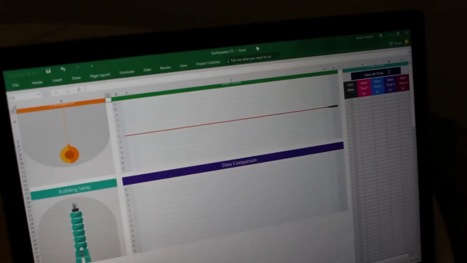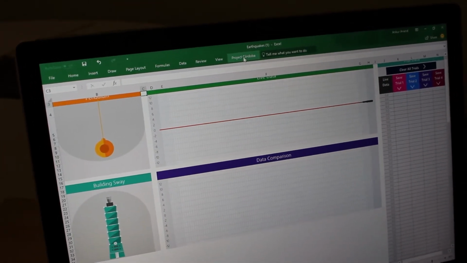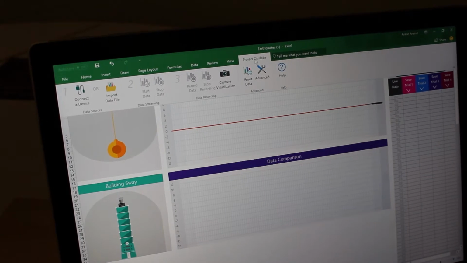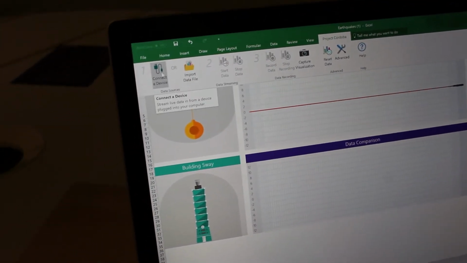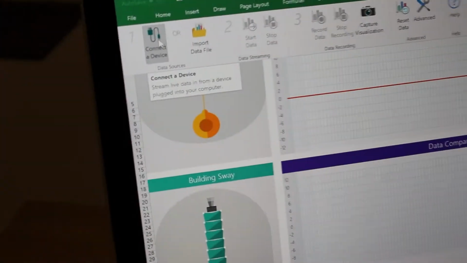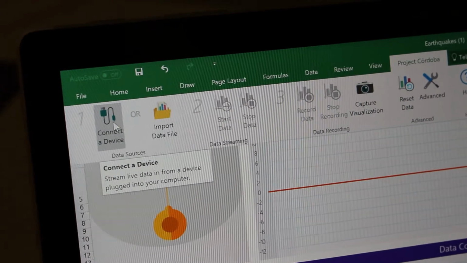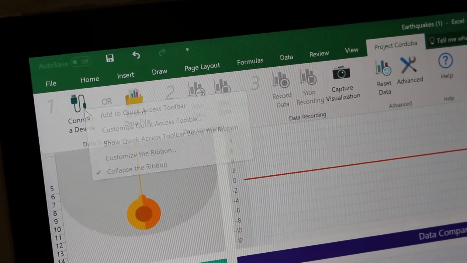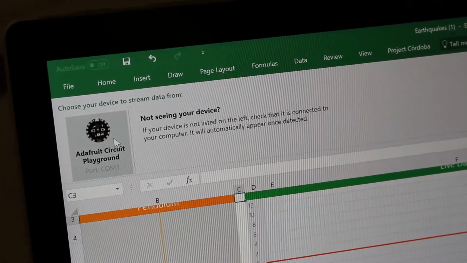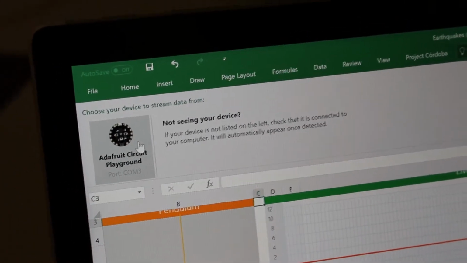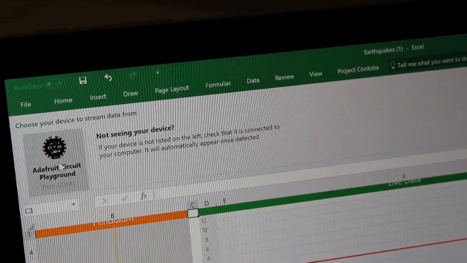When you're in the Excel worksheet, you need to click on the Project Cordova tab. You click on the Project Cordova tab and you need to, step 1, connect the circuit playground to the Excel worksheet. So click on the Connect Device button, and you will notice that your Adafruit circuit playground should be selectable. Click on the Adafruit circuit playground button,